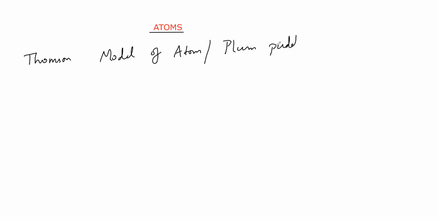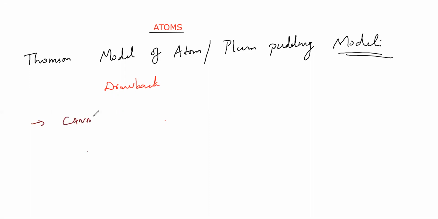So atoms. First is Thomson's model of the atom, also called the plum pudding model. From class 8 we have been studying this, correct. But what we have to study in this is the main drawback of this plum pudding model. The main drawback is that this model cannot explain